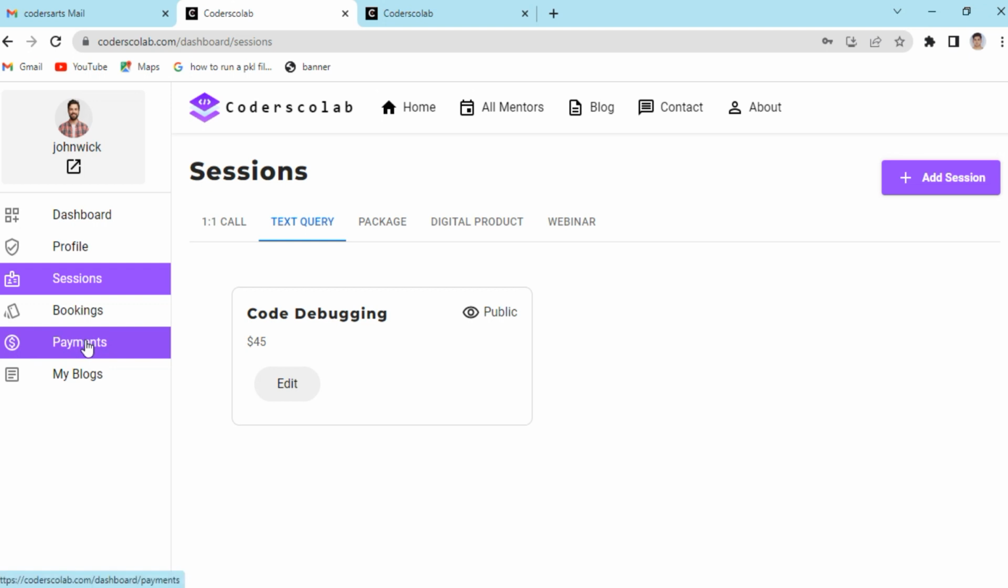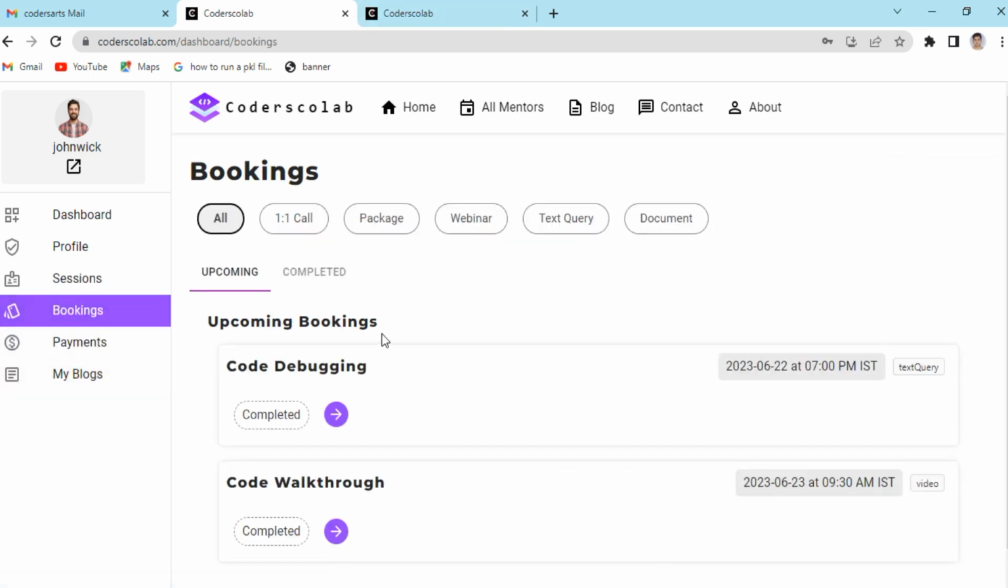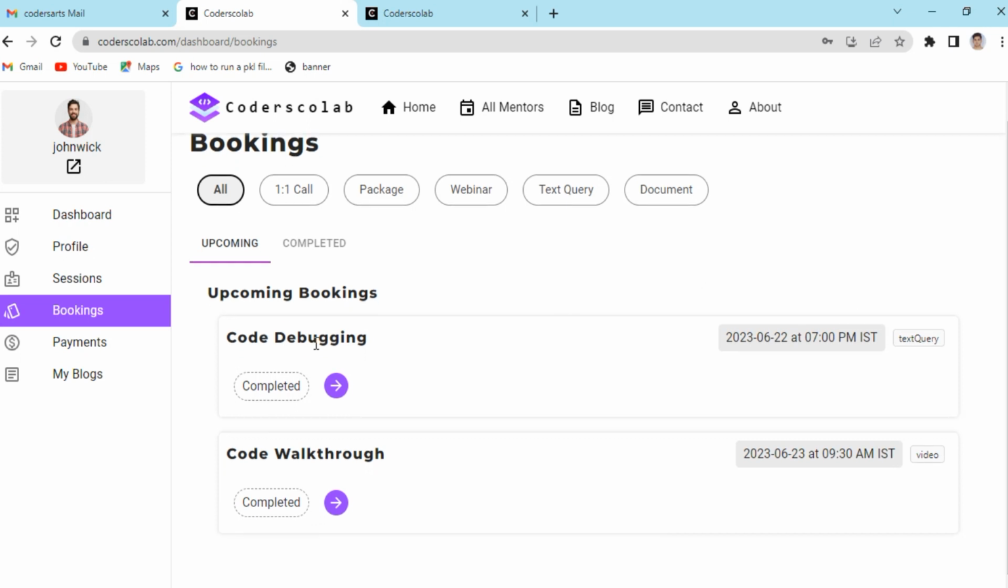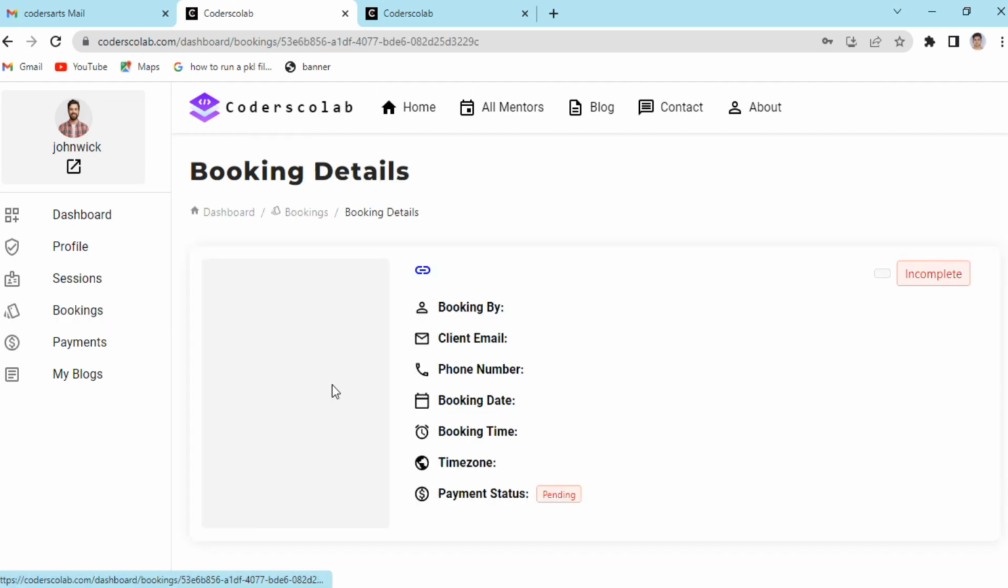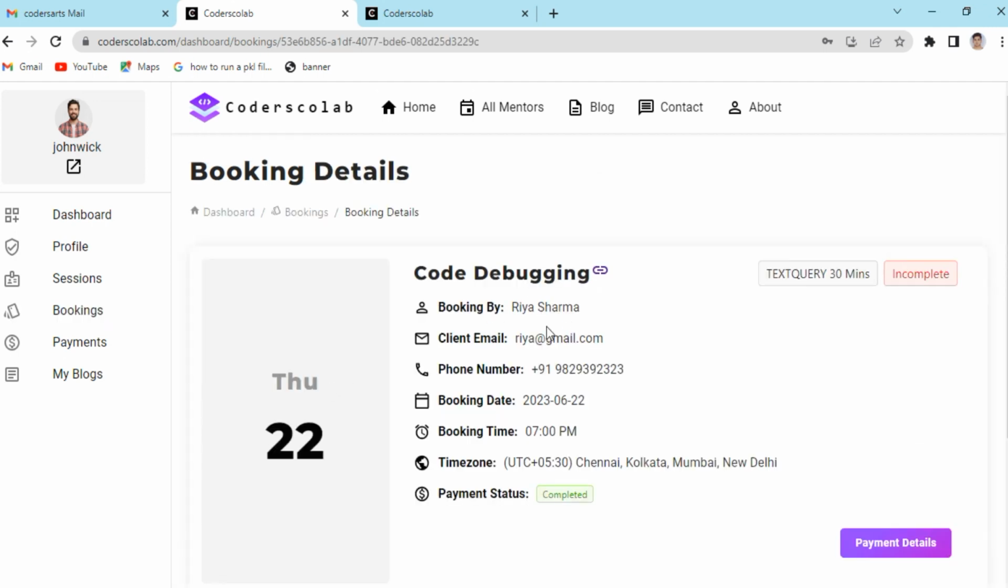So it will be in here. If I go to bookings, this is the recent booking for code debugging. I can see the detail of this booking, and you can see we have this booking detail. We have this booking, code debugging by Riya Sharma, and her Gmail address, phone number, booking date and time, and all these things. So I'm getting all the data from the database that I saved, and I'm also showing